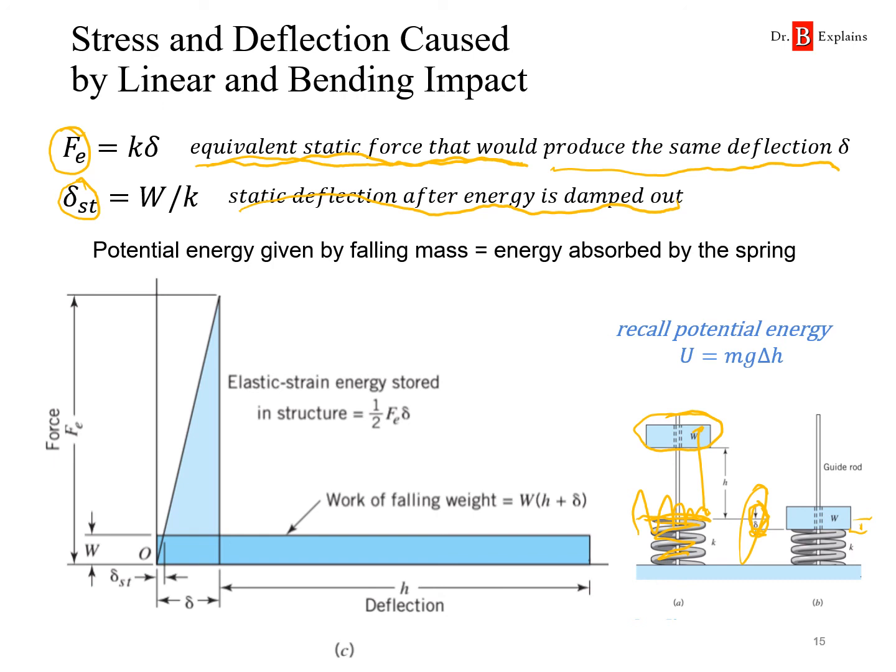Again, what's going to happen is this mass, when it's up here before it hits, has some potential energy. And so all that potential energy on the mass has to be absorbed by the spring. So how much is the potential energy in the mass? Well, recall the equation. Potential energy U equals mg times delta H. mg is mass times gravity, so we already have that the weight is the same thing as mass times gravity. And delta H is how much did that object drop? Well, here,